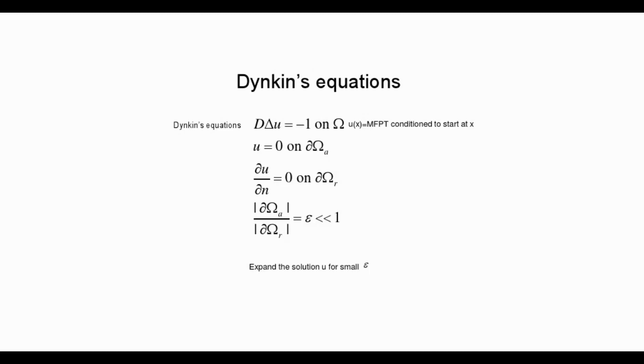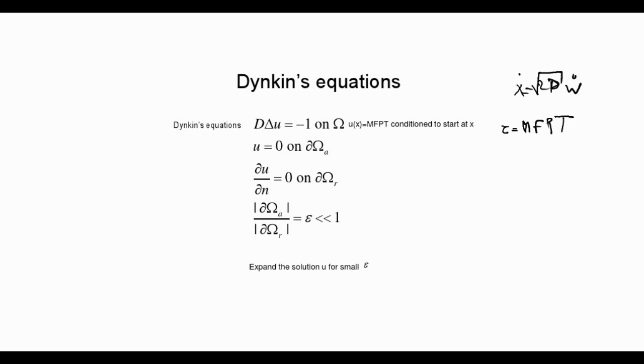So what is the equation to be solved? The formulation of the problem is the following. If you have a Brownian particle, x dot equals square root of 2D w dot, where w is the Brownian motion and D is the diffusion coefficient, using the Ito calculus that we are going to see in the class, you can show that the mean first passage time, that is the time tau,